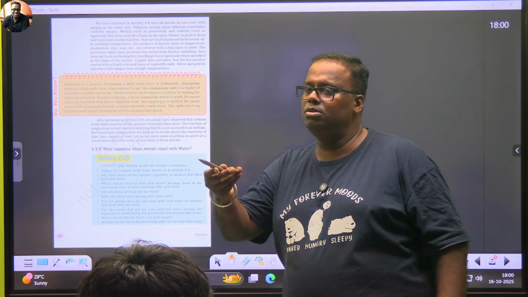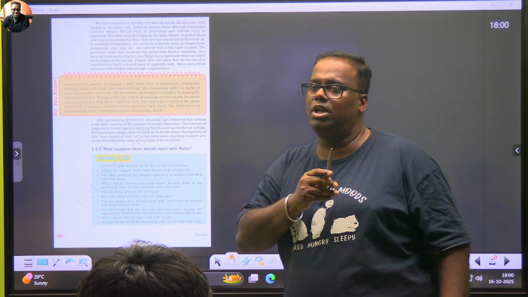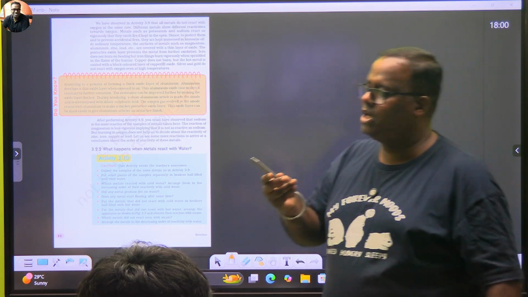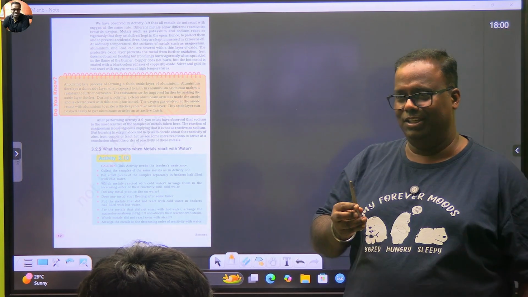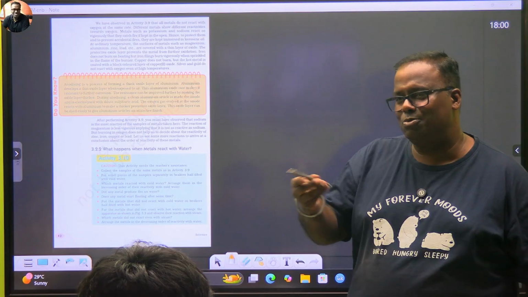Put the agarbatti into a candle, it will immediately catch fire. The moment you take it out, the fire goes away. My dad used to call me in childhood, तू पापी है ना, इसलिए तेरे हाथ में नहीं जलता है. So we did not know the concept of flash point and fire point.